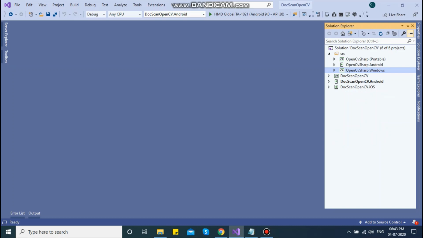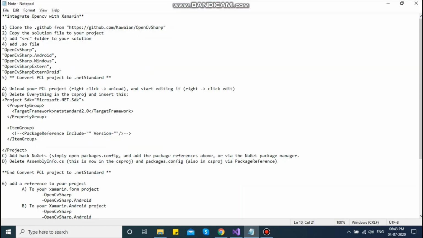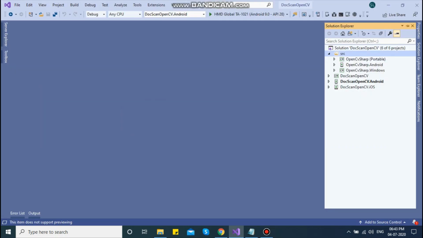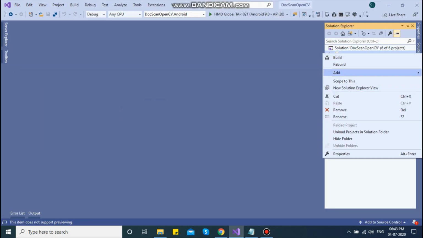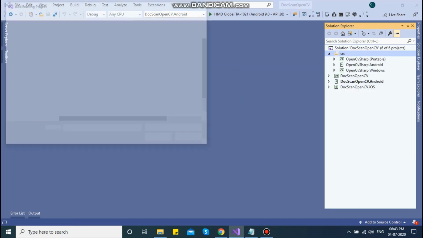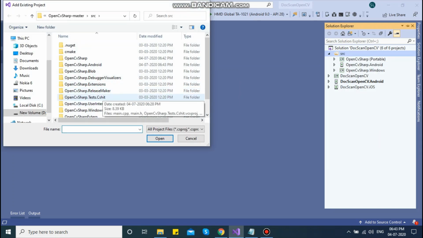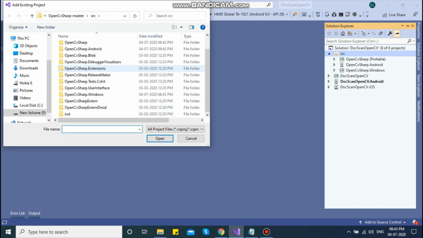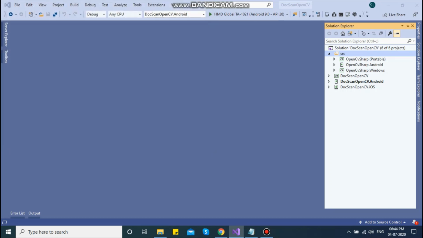Then you need to add the fourth file, that is OpenCV Sharp external. Not extension, you need to add external. This is basically a C++ library.